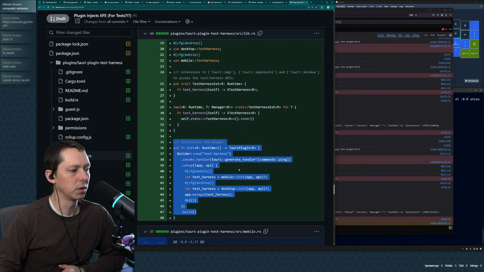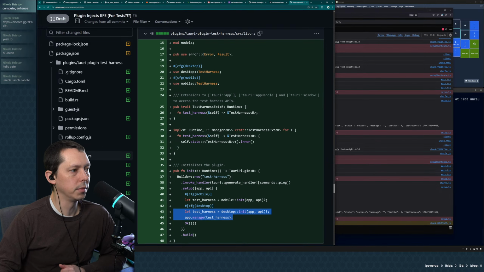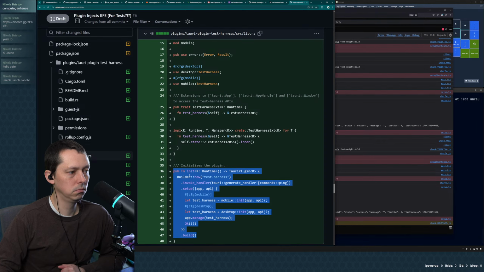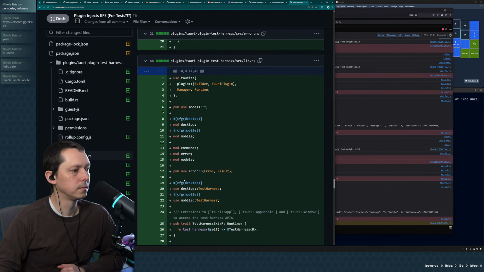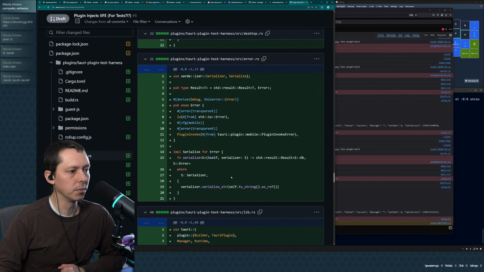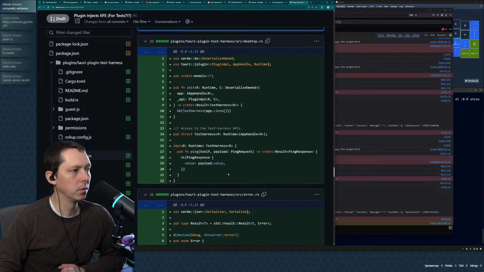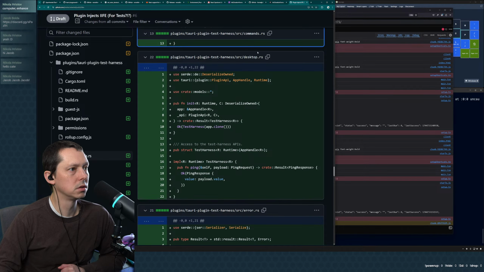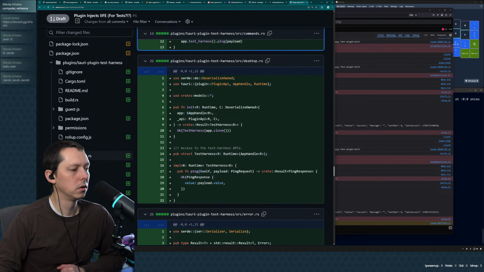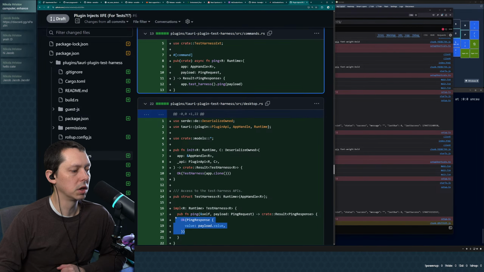So this is the bit that we need, because we then call app.manage and give it test harness, which is a trait. Okay, build. So where's the iffy come in? Okay, test harness, this is the desktop one. So doing this would give us access to that